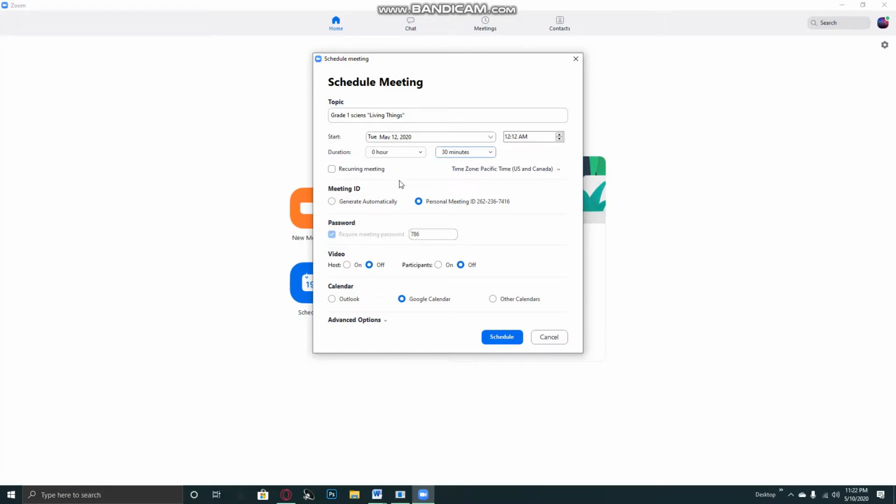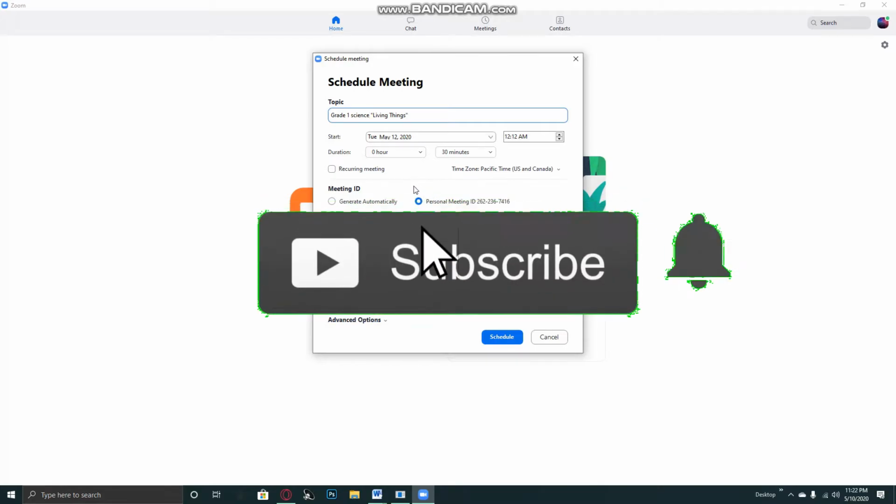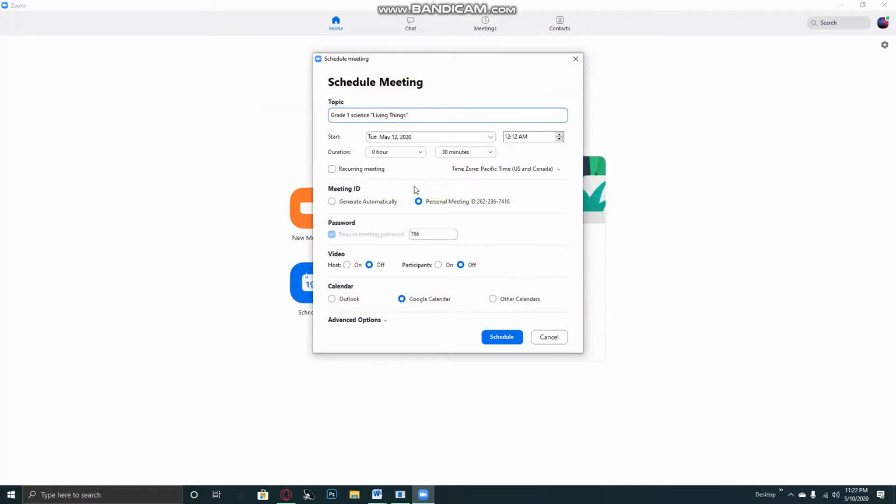This option, recurring meeting, means that you're going to have this meeting every day. For example, grade 1 science students will have this class every day from Monday to Friday. So I will check recurring meeting. When I check this, I don't need to send the meeting request, meeting ID and password again and again.